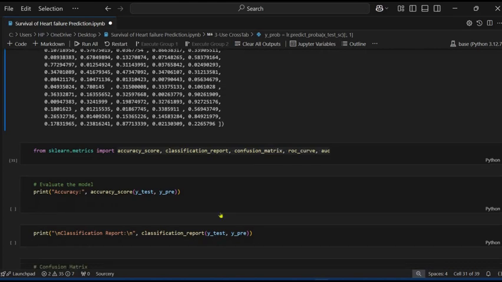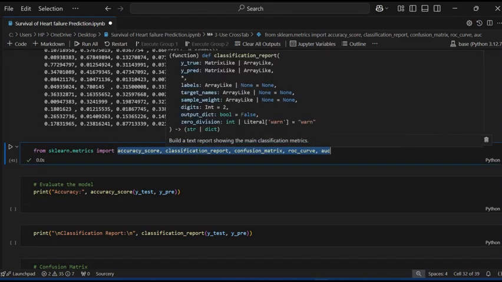Now next one is the accuracy. From sklearn import accuracy_score, classification_report, confusion_matrix, roc_curve and auc. So it's working. Accuracy means the overall proportion of correct predictions.